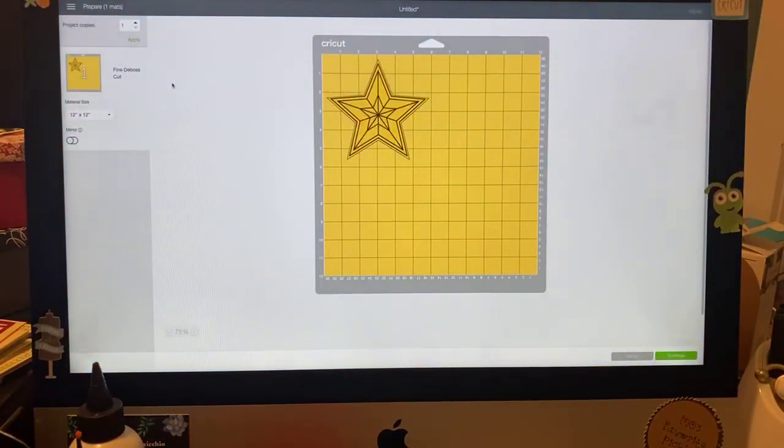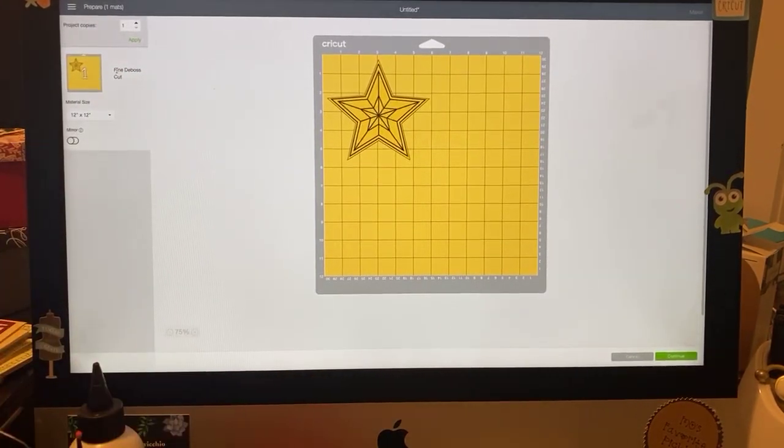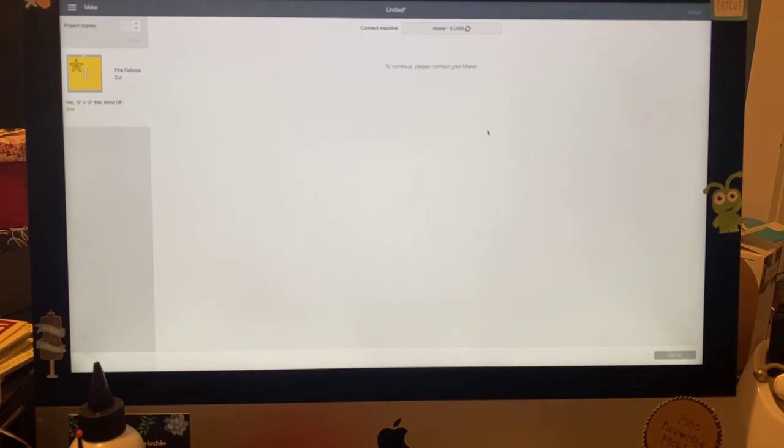There's really nothing to do here except to just show you. It says fine deboss and then cut. It's called fine deboss here. I don't know why. It's just deboss. There's no distinction between fine and bold or anything like that. Deboss is deboss, right? So, and then we're going to go to our materials, and